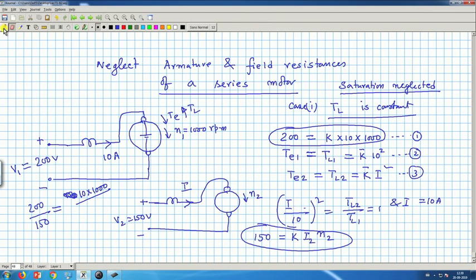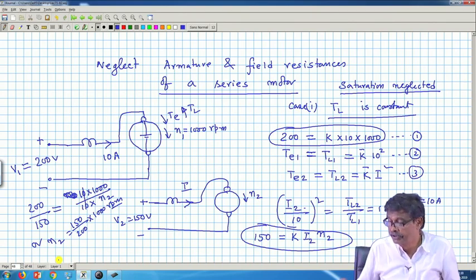Let this be called I2. So, I2 is also 10 ampere. Therefore, 10 into N2, or you can then calculate N2 will be equal to 150 by 200 into 1000, so much RPM. So, speed will be reduced by the same factor as we have reduced the supply voltage. Okay, thank you. We will continue with this in the